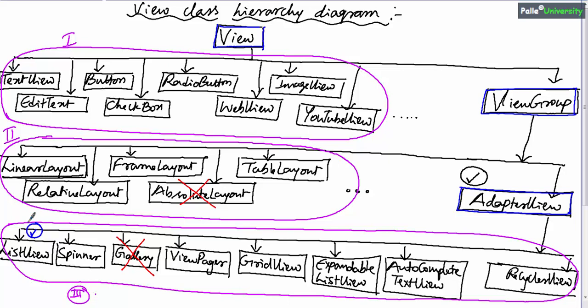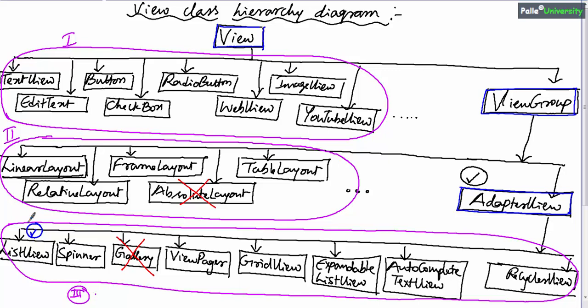So basically we use adapter views while designing complicated screens. Again, in these adapter views, list view plays a very important role. In my opinion, 70 to 80% of Android applications will use list view in one place or another. It is not an exaggeration to say that if you don't know how to use list view in your application, it is almost equivalent to not knowing how to breathe air. List view plays such an important role while building Android applications. In the ongoing sessions, I will be giving a lot of examples on list view.